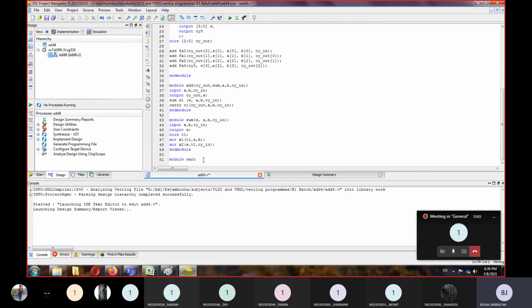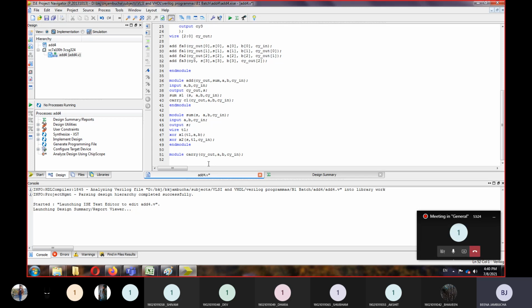Okay. Then we are going to define the next module, which is carry, and carry module के लिए our output will be CY3 or CY out, whatever you can write. CY out is our output. A, B, carry in will be our inputs.